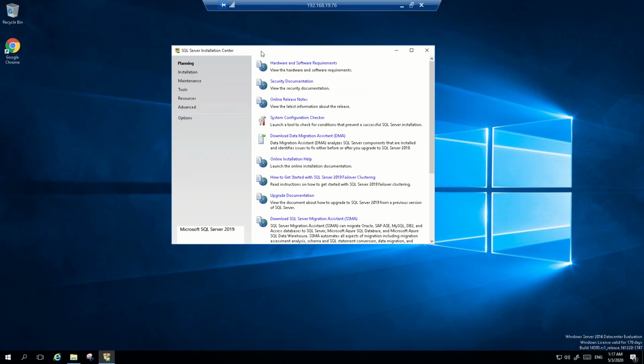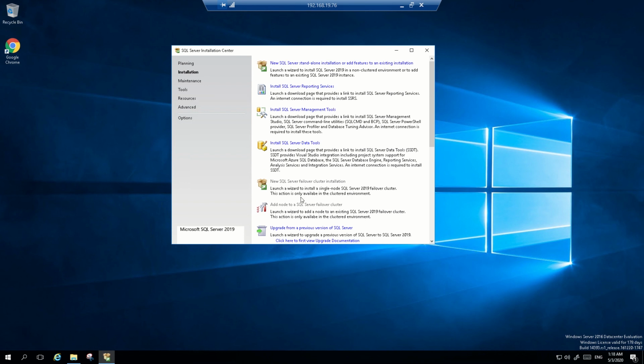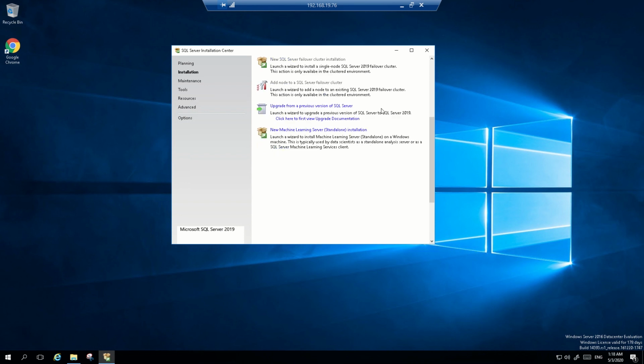This is the installation center, where you can find multiple installation options. This is the planning page, where you can find hardware and software requirements, system configuration check, and other details. This is the installation page, where you get the option to install a standalone instance, install Reporting Services, install SQL Server Management Studio, install SQL Server Data Tools, and there are multiple other options, like upgrading from previous versions.